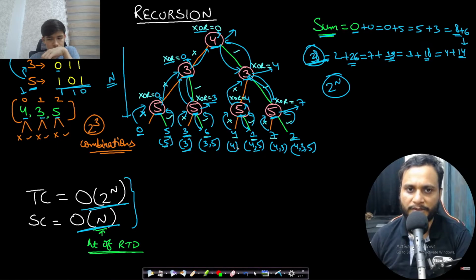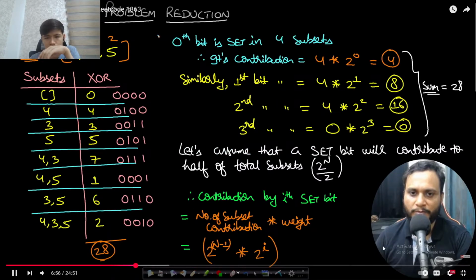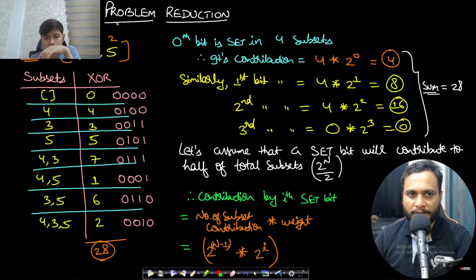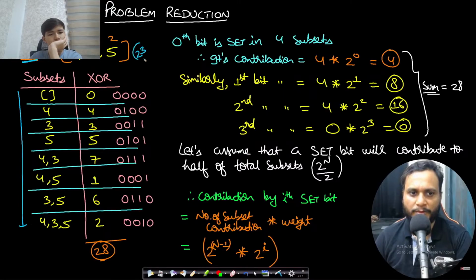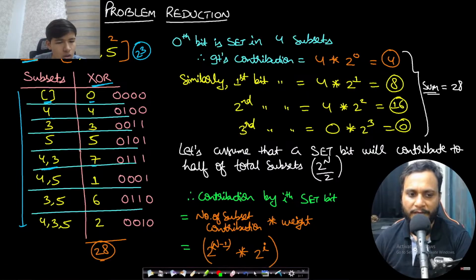Now you have seen the recursion tree diagram. Now let's try to understand how to solve this with an optimal bit manipulation with the math approach. So I will do the problem deduction here. You already know that let's say the array is 4, 3, 5, then I can enumerate all possible subsets and there will be 2 to the power 3 possible subsets for these 3 items which I have already written. Now I have to calculate the XOR value of all the subsets. For an empty set it will be 0. For 4 it will be 4, for 3, 5 it will be 3, 5. For 4, 3 it will be 4 XORed with 3 which is 7, right? So accordingly I have calculated and I have already given